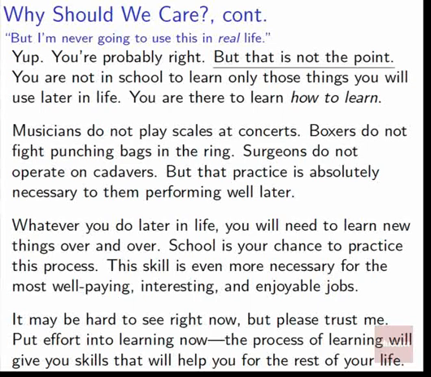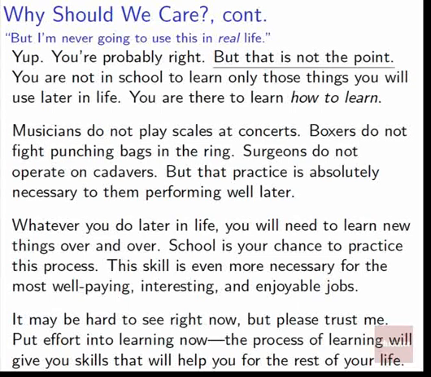School is your chance to practice this process. This skill of being able to learn something, get good at it, and use it is what you're learning right now, and it is absolutely necessary if you want a job that pays well, is interesting, or is enjoyable. And if you want one that is well-paying, interesting, and enjoyable, you are definitely going to have to be able